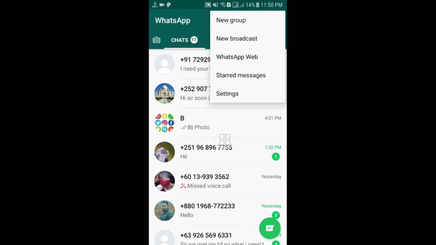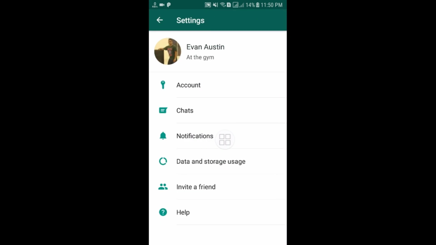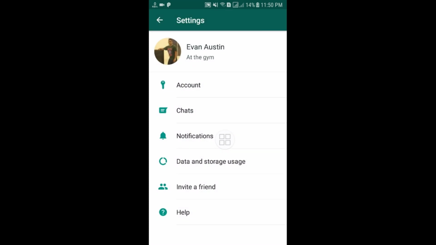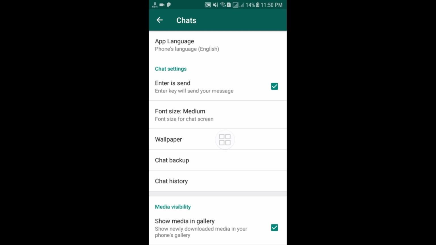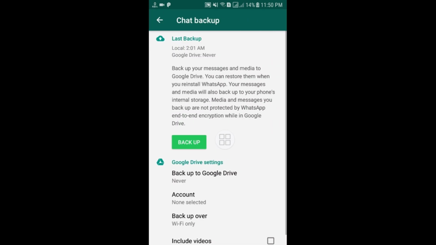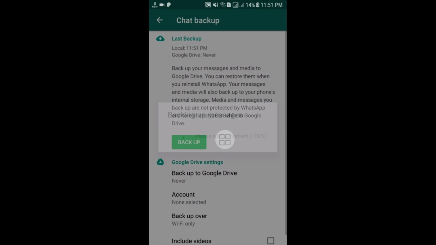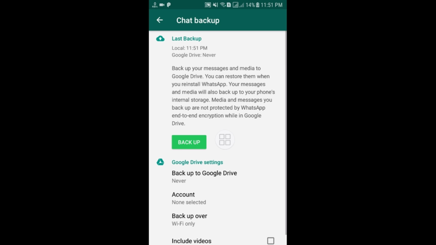Go to the 3 dots and go to the settings option and go to the account. First of all, you will have to make sure you have a chat backup on your phone. Go to the chat option and here you can see the chat backup. Just click on it and click on the backup option and you will back up your original WhatsApp chat history. So after doing that,